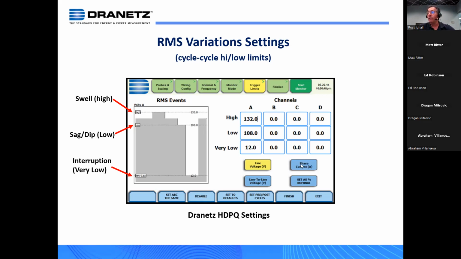I can say click this and go to phase current A, and now I'll be changing the current. That's the current triggers. Very similar method, but you're looking at high-low limits on current. Just as a quick side note, we do not recommend that you turn on current limits unless you have a